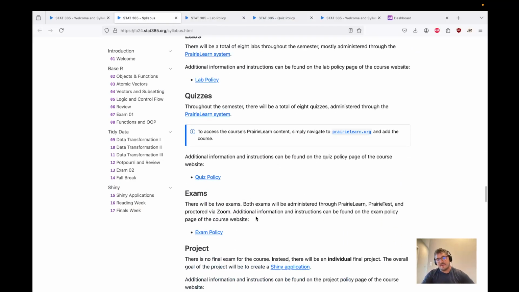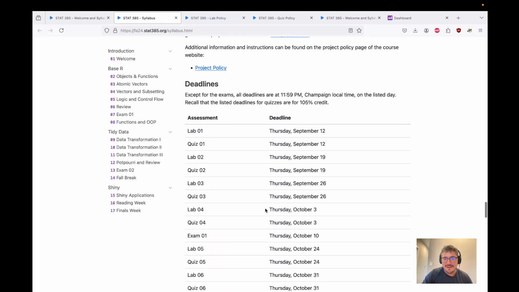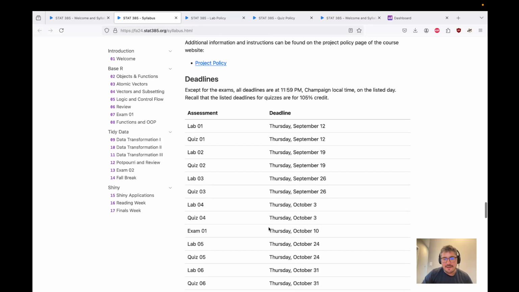Exams, there will be 2 exams, both administered through Prairie Learn Prairie Test, proctored via Zoom. It's a lot. There's a lot that we're covering right now. The first exam is October 10th. They'll be virtual, at 7 to 9 p.m., at a time that I understand it's not fun, but it'll be a time when we're